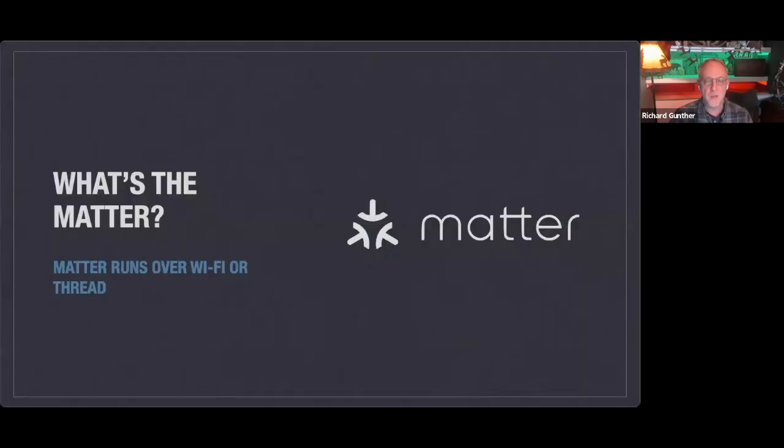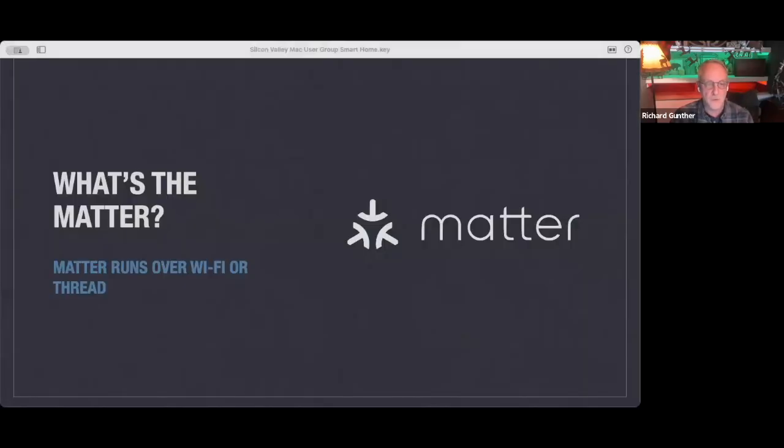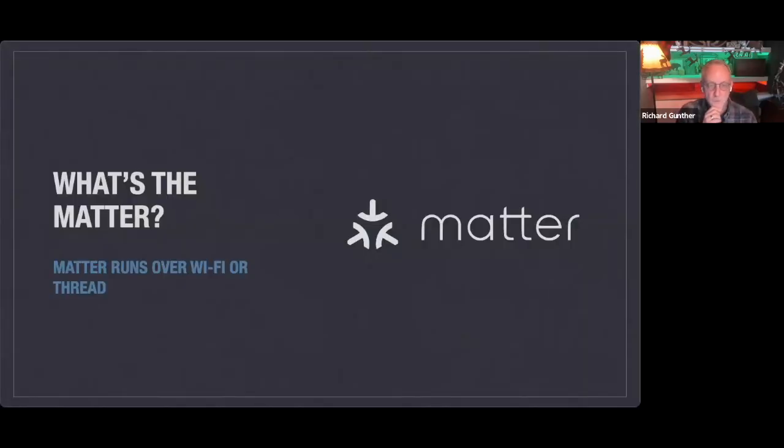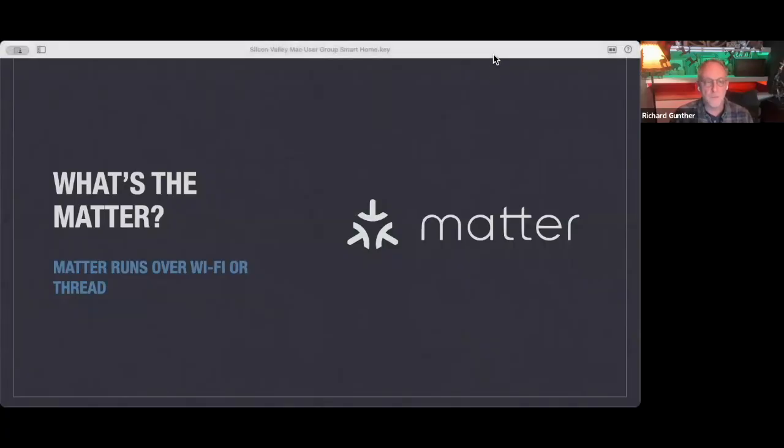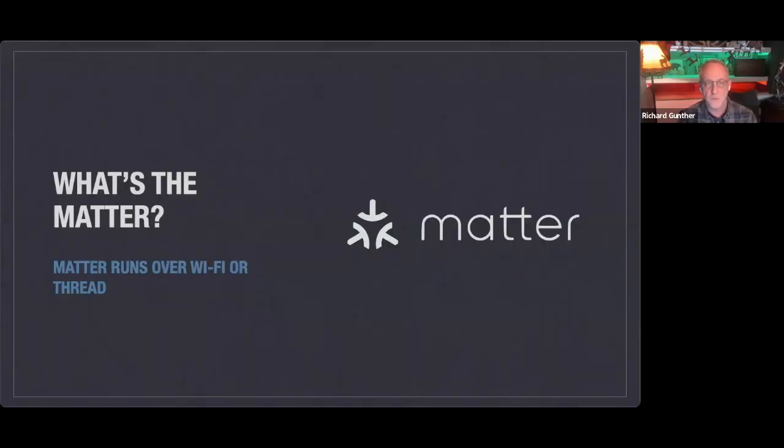But there's another standard that has launched fairly recently in the last couple of years. And it too, when it launched, was messy, but it's getting better and more reliable. And that is a standard called Matter. And Matter is, for the first time, all the big players. I mean, all the big players. Apple, Google, Microsoft, Samsung, LG. I think I mentioned Apple, Amazon, all the big players and a lot of the small players have gotten together